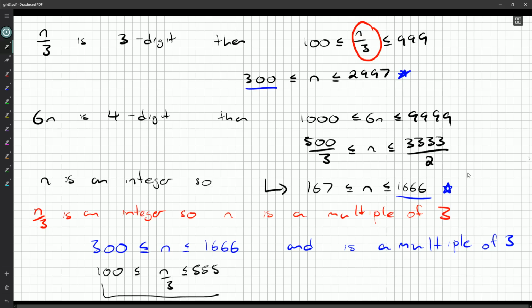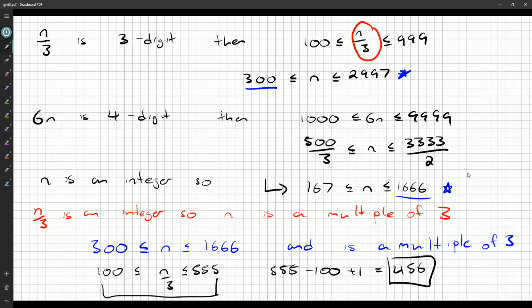And how many numbers are in this particular range? Well, 555 minus 100, and then you always add on 1 because you haven't counted one of the end points. So that'll be 455 plus 1, 456. So that's how many integers, anything from 300 up to, I guess,